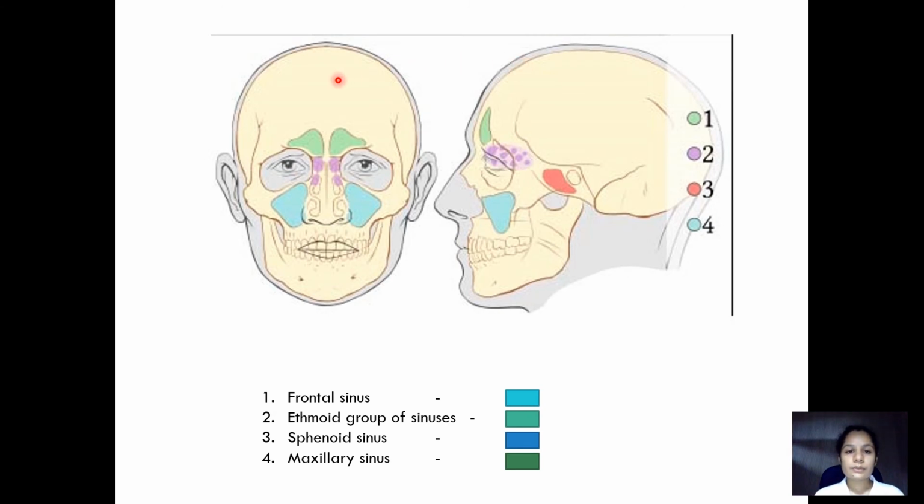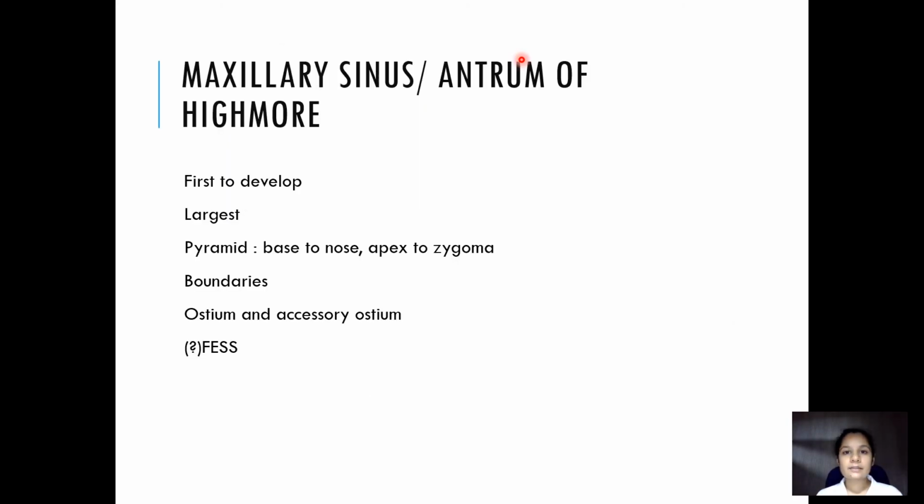This diagram shows paranasal sinuses in frontal, that is the coronal view, as well as lateral, that is the sagittal view. In coronal view, it is easier to appreciate both maxillary sinus, ethmoid sinus, and the frontal sinus. In lateral view, it is easier to appreciate all the sinuses, that is the frontal, maxillary, anterior ethmoid, posterior ethmoid, and the sphenoid sinus. Starting from maxillary sinus